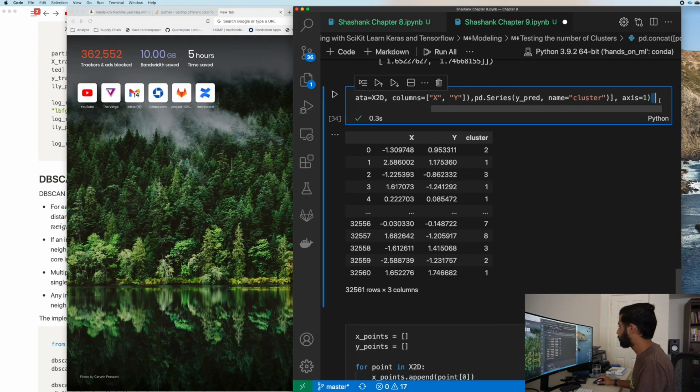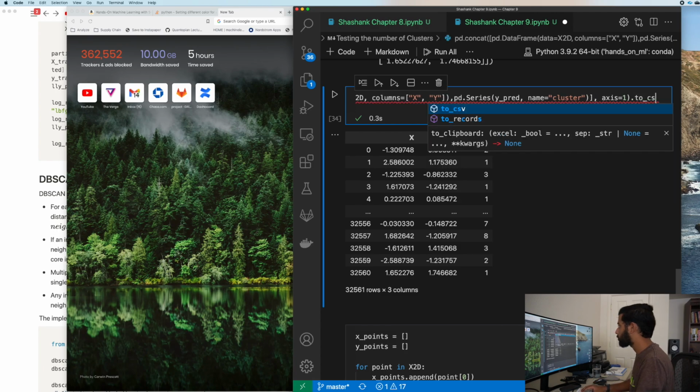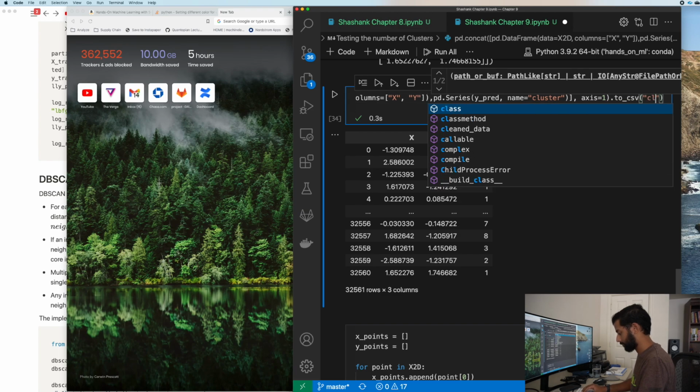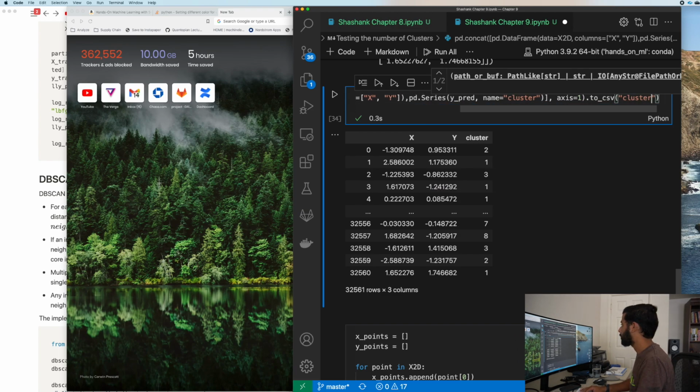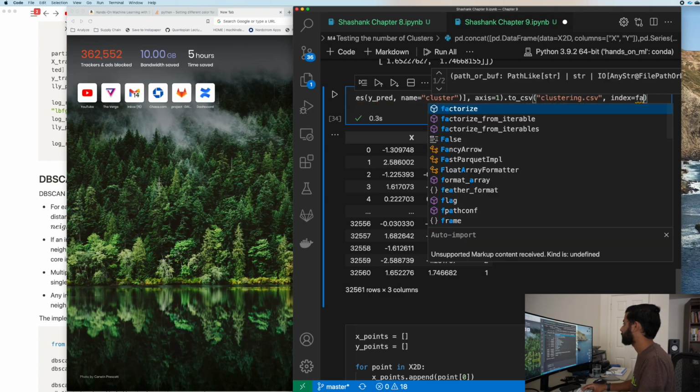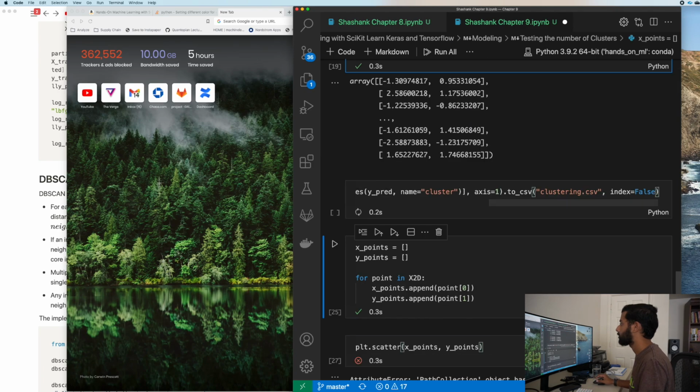And then we'll just do .to_csv, and we'll call it clustering.csv. Index equals false. I almost never want the index. Awesome. Okay, so now we'll go ahead and open Tableau and input this in Tableau.